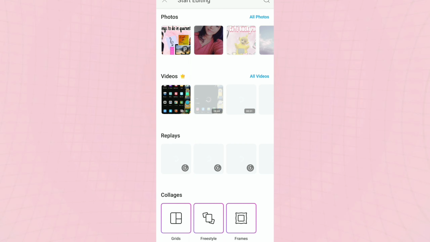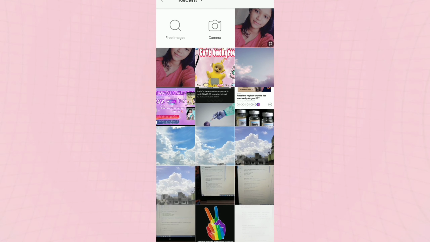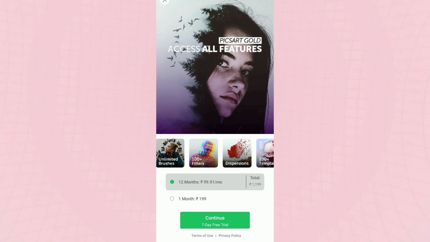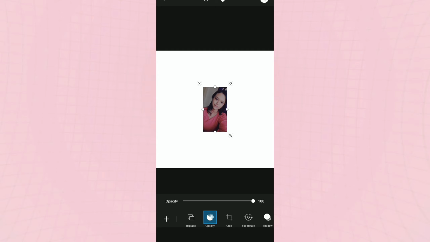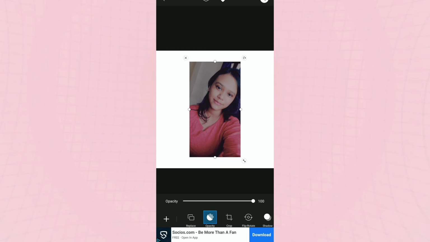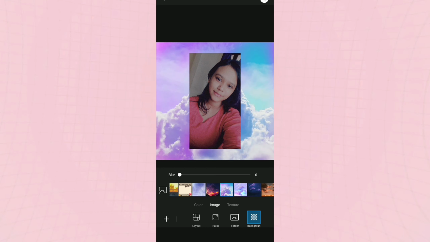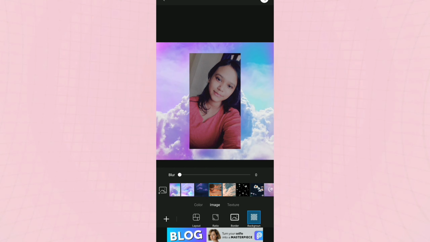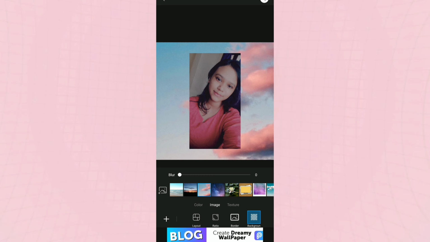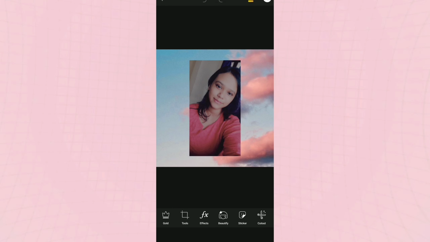Now let's go to PicsArt again and go to freestyle. Just swipe down and there's freestyle, then click the picture you want to edit. Now make it bigger, yeah, that's good. Now let's add a background to it. Tap anywhere on the screen, and then you can find the options at the bottom. So go to background, and then go to image in between. You will find a lot of images which are already there from PicsArt. So find some, yeah, this one is looking perfect with my picture.